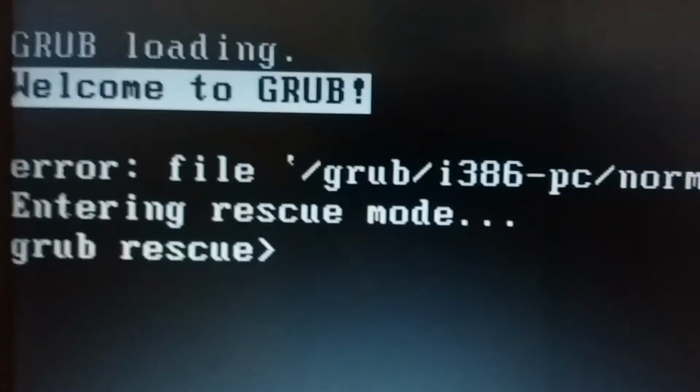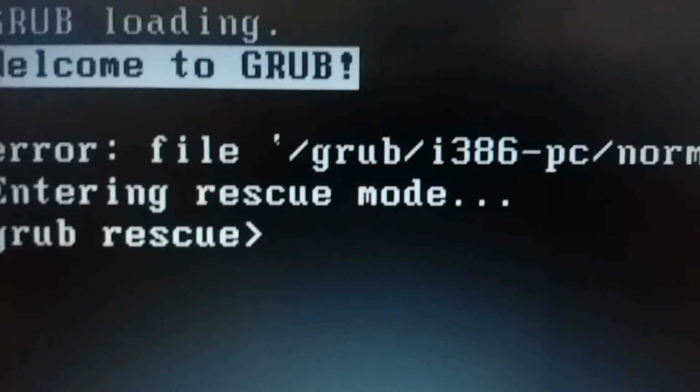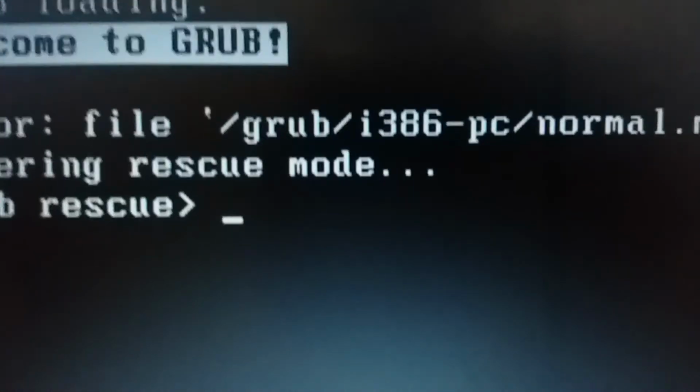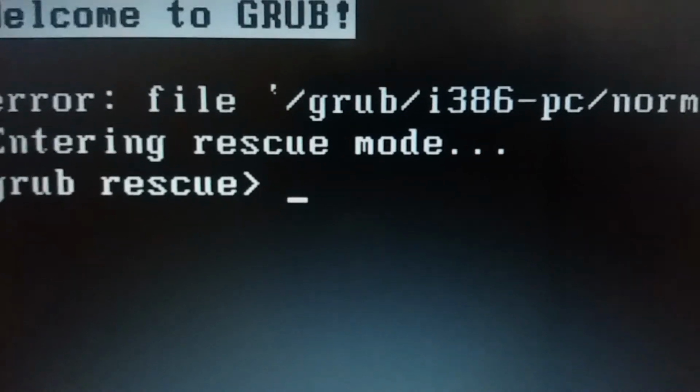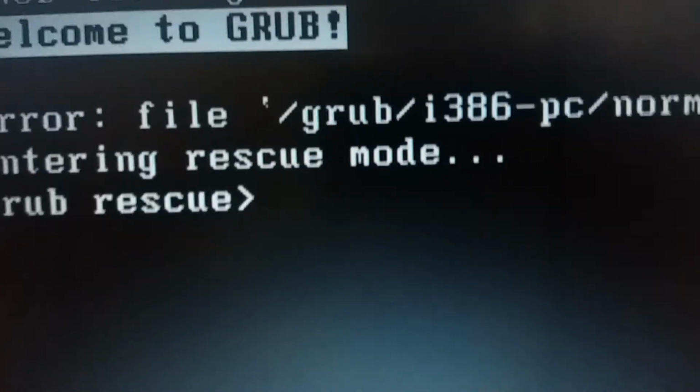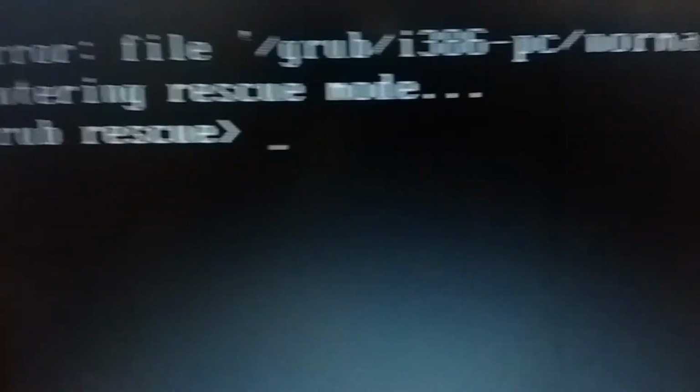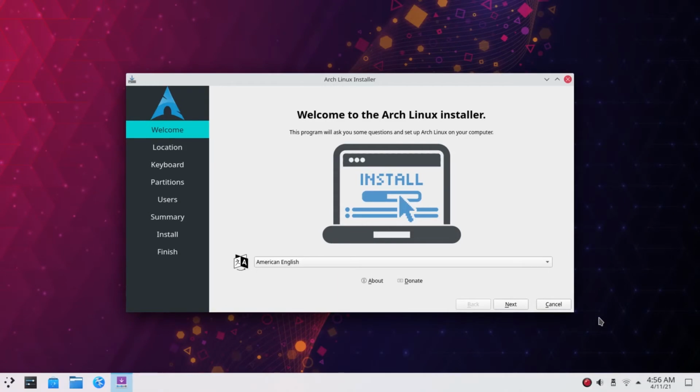So in case you face this error, what you need to do is get a bootable USB of ALG. Since I installed ALG with the Pure ISO, I'm going to use the Pure bootable USB. Let me just show you the same SanDisk USB, this one, and I'll plug this in and then boot from the bootable USB. So here we are in the live USB. I have started the installer.